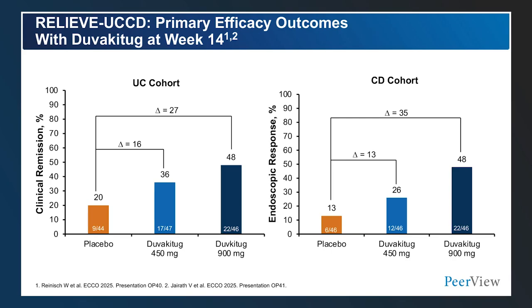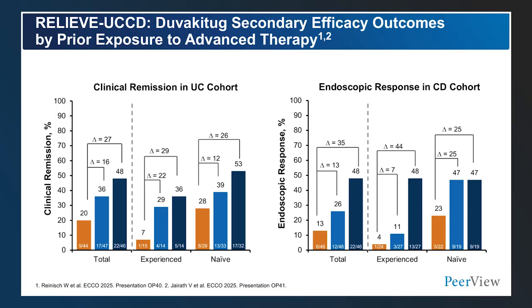And on the right-hand side, for the Crohn's cohort, where we're looking at endoscopic response, once again, it looks like the 900 milligram dose performs better, and that is a very large effect size. So it works in Crohn's, it works in UC. And if we look at efficacy according to prior exposure to advanced therapy, I showed you that for the other drugs as well, you can see that once again, the effect size is maintained,